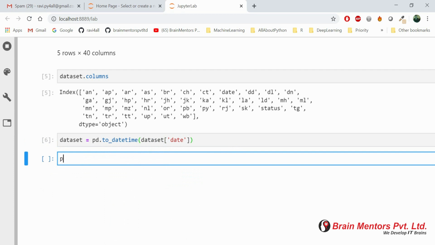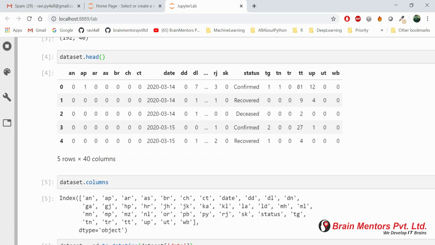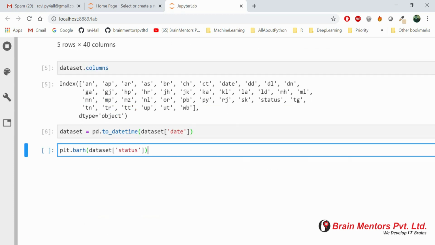Okay, so let's build a bar plot now. barh, dataset square bracket status. So we have a status column. You can see there is a status column here, and inside this is the x, and y will be any of the states. Let me write MH, that is Maharashtra.